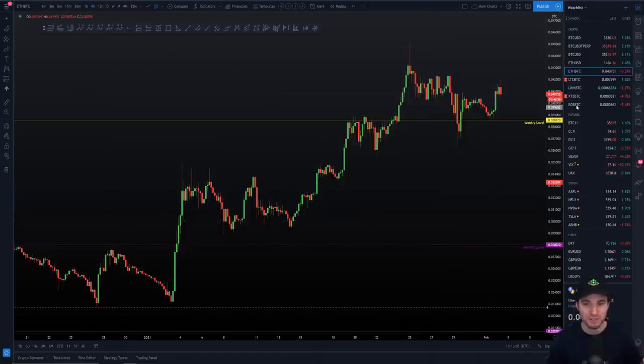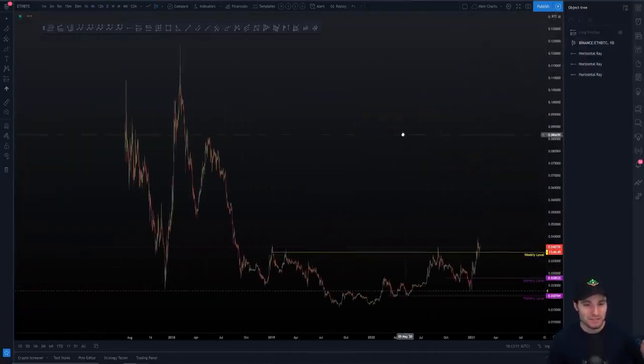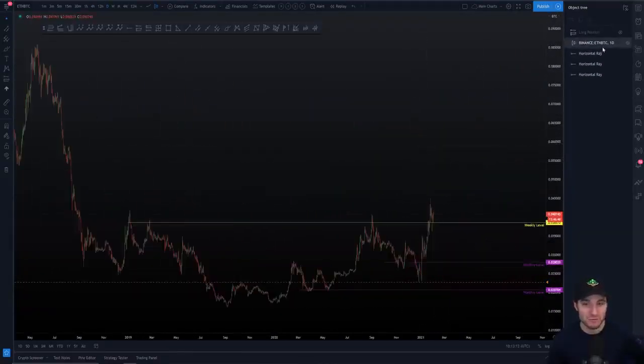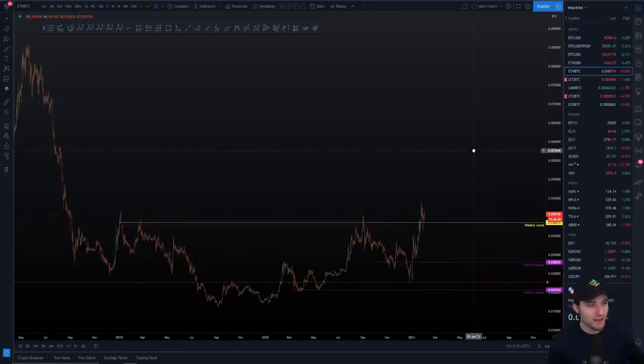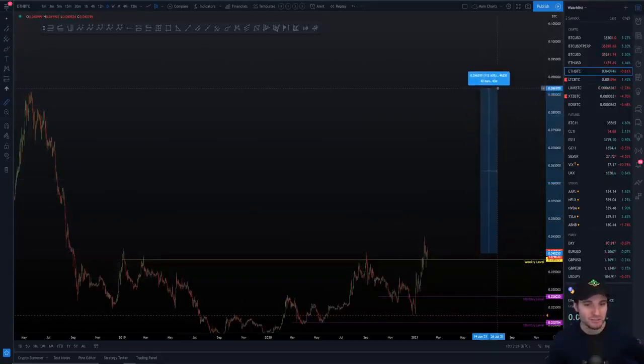I'm totally basing my trade here off of, I want to hide this because I don't want to give this away to everyone. But yeah, the way that I'm basing my trade is actually off of the Bitcoin pair here. And I truly believe that you can be seeing a move to at least around 0.06 sats, potentially even up at 0.09 sats. That's obviously in terms of percentage here,